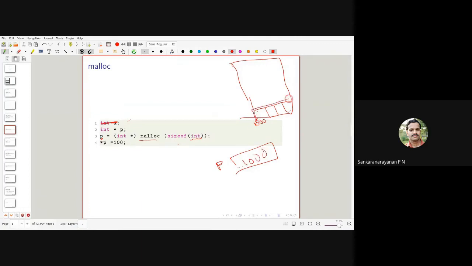So it will contain the address of this, and there we are going to store 100. Okay, that is the idea of malloc. So if I just print p, it will print the starting address of this allotted area, so 1000. And if I print star p, that will print 100. Okay.